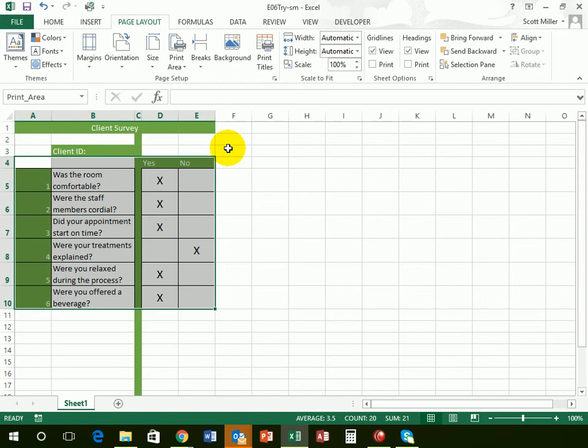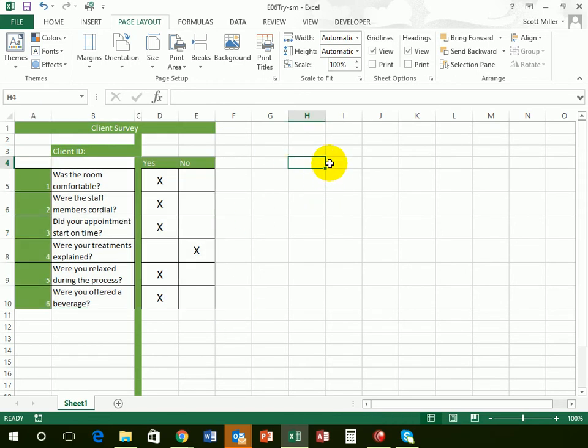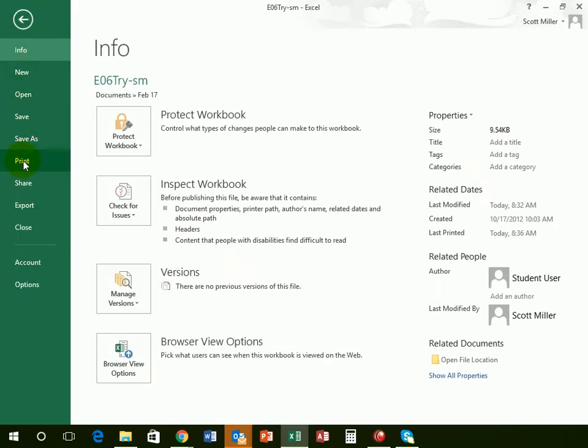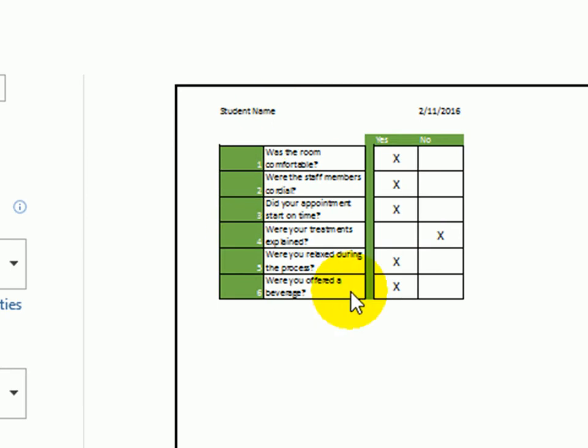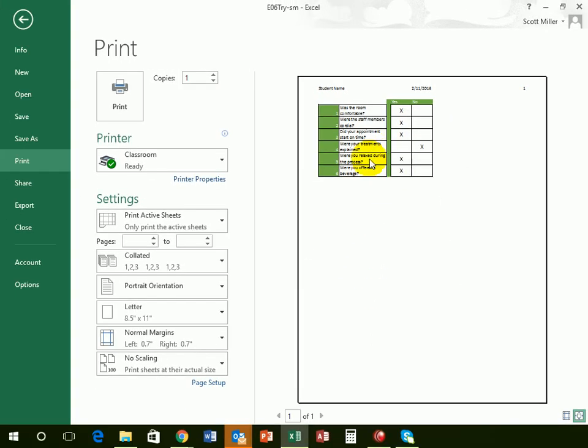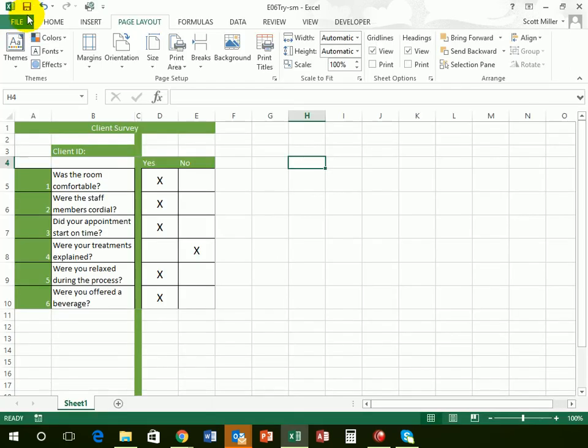Now I'm going to click away from everything, so I'm going to click even outside the print range. And to demonstrate that this indeed will work, I'm going to go to File, Print, and here's my preview. It prints out only the areas that I specifically stated that I wanted to print. Now we're not really going to print this, so I'm going to click the arrow to get out of the print preview. I'm going to save this file, and we are now done with Lesson 6,